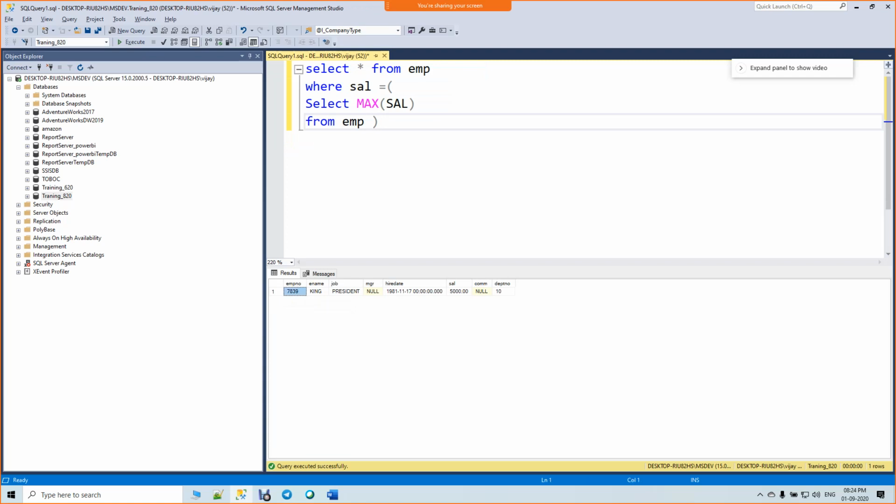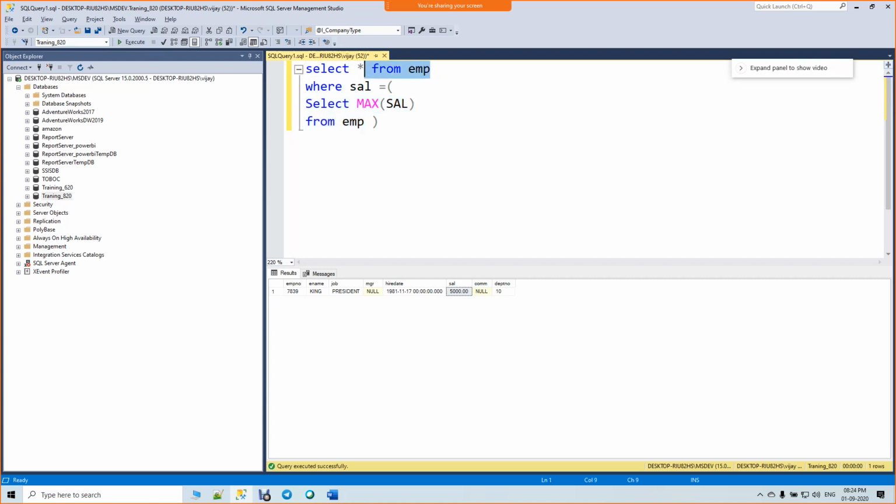This is the highest salary. Make sense? This is the Odilbik query and this is the Shakruk query. Shakruk can give the result only after Odilbik completes this query. So Shakruk's result depends upon this query.